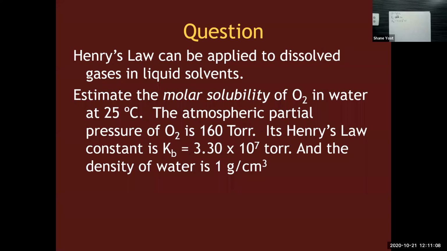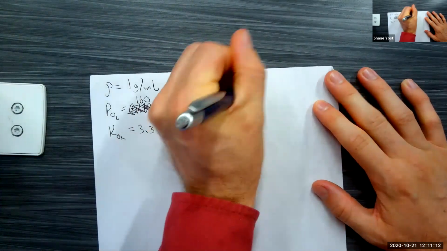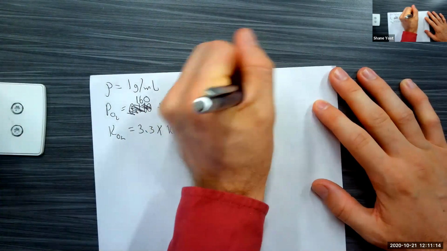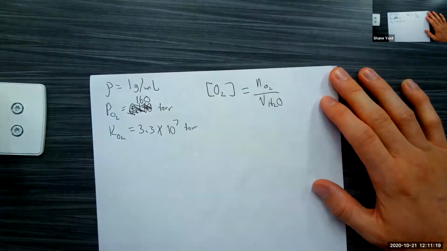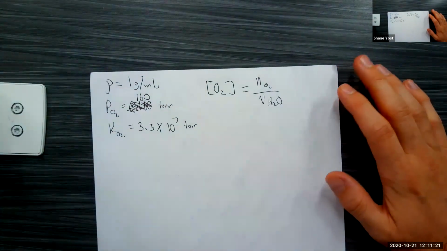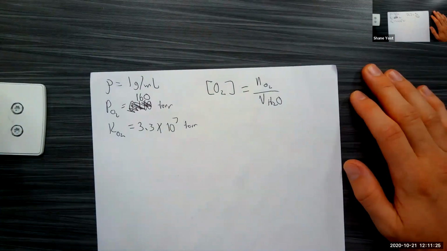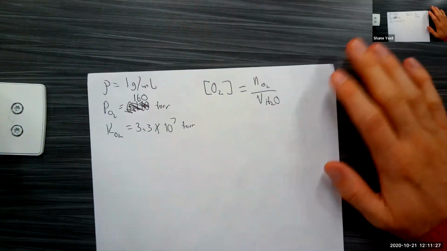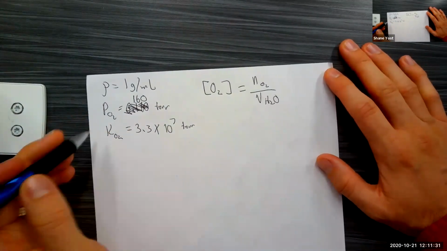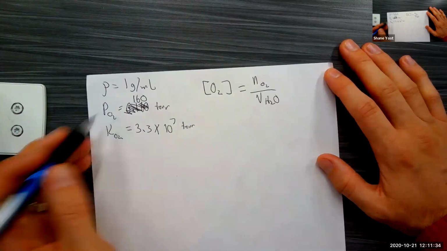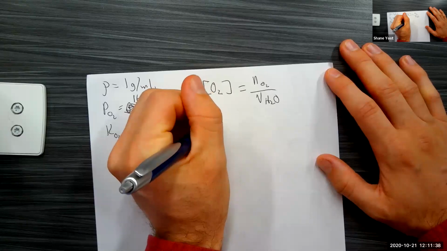Right, what we're asked for is what is the concentration of O2 in water, which is the moles of O2 over the volume of H2O. That is our concentration of O2, by definition. So that's what we're looking for. So we need to somehow get that ratio, that relationship. And we know that this gas obeys Henry's law, so that the